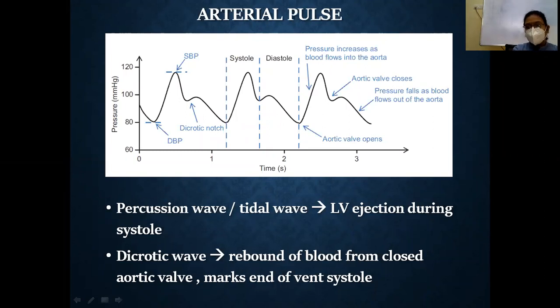After the popliteal artery, you have the posterior tibial artery and the dorsalis pedis. Dorsalis pedis is one of the favorite questions of the examiner. So please learn to palpate the dorsalis pedis artery. Evaluation of the peripheral arteries is important in case of peripheral vascular disease, especially if the person is complaining of intermittent claudication. Now, what is intermittent claudication?